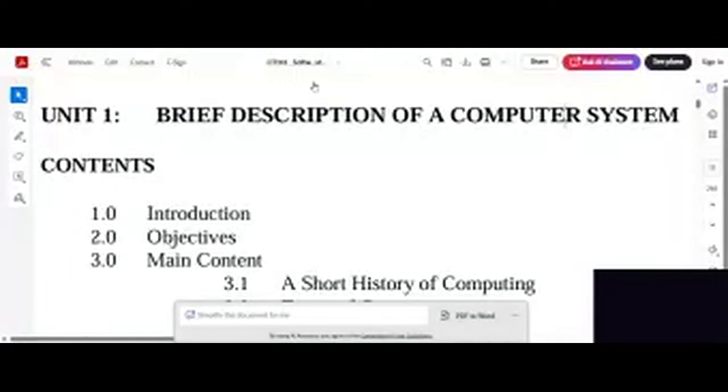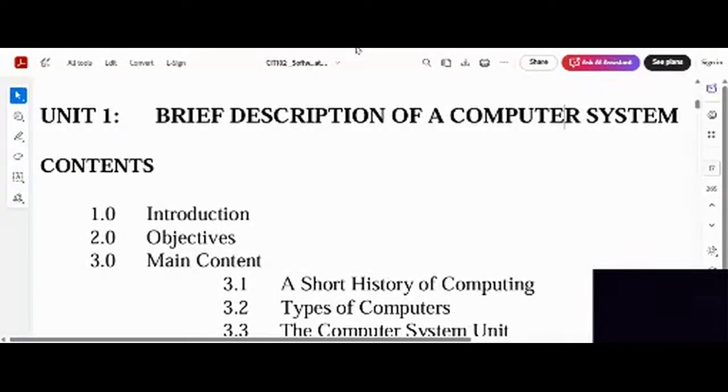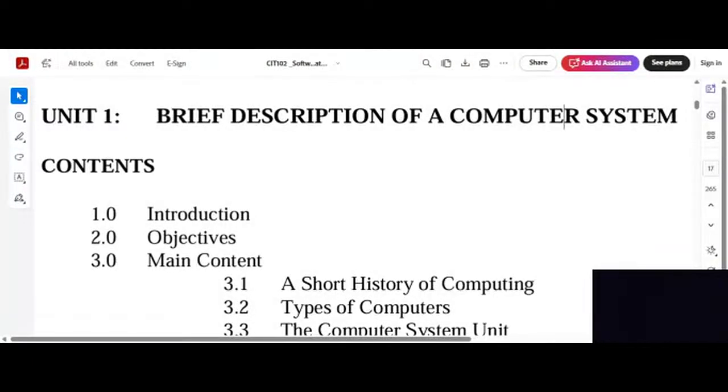This is CIT, which is computer. This is CIT 102. And the course is about, excuse me, let's try to,